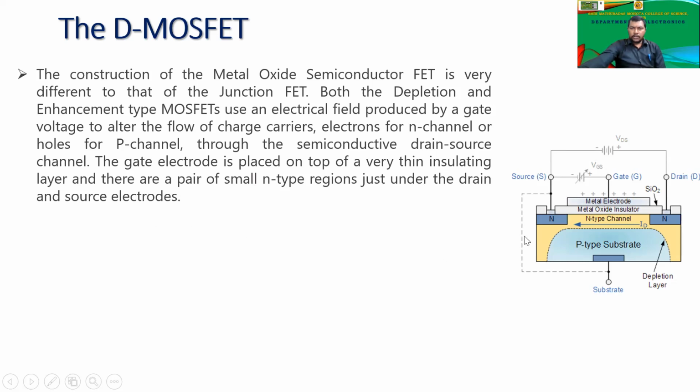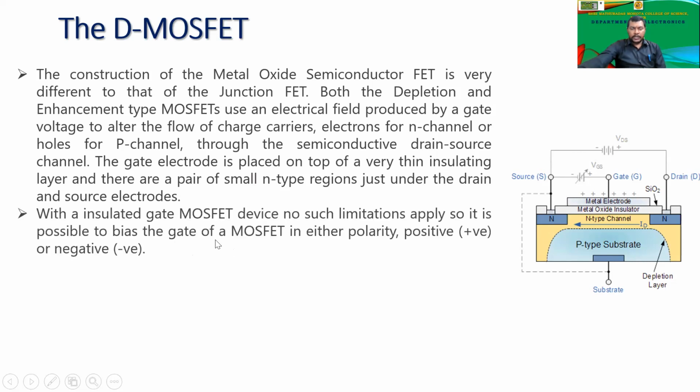So this is the metal oxide insulator, SiO2. In the enhancement type MOSFET, we were not having this N channel, which is shown over there in the semi orange color. So this N-type channel is present in the depletion MOSFET so that the current will smoothly flow, right? And this is the connection by biasing of drain, source, and gate voltages.